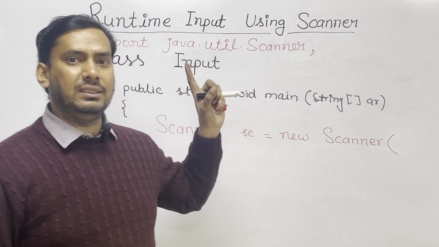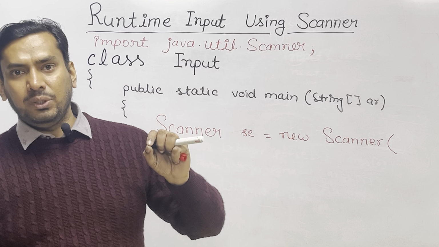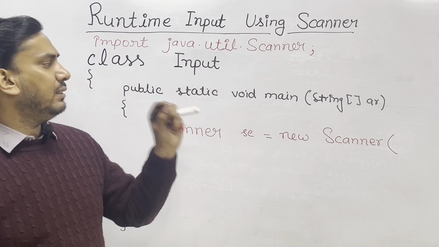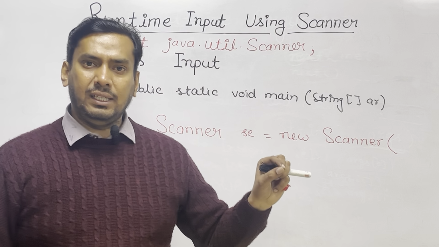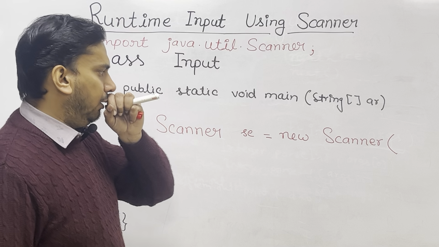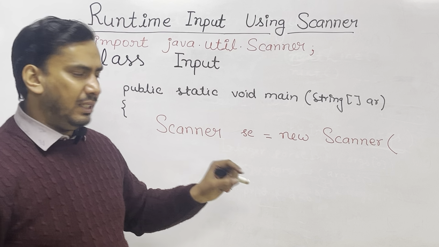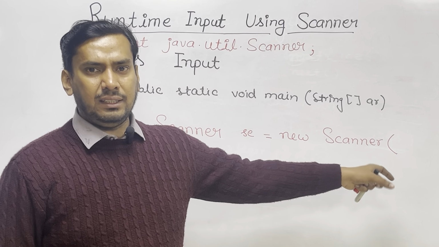I have already discussed this in a video where we discussed System.out.println. I told you that the System class provides out and err as static references, and System.in is a static reference of the InputStream class. So, System.in is representing the console for input. So, we will write here